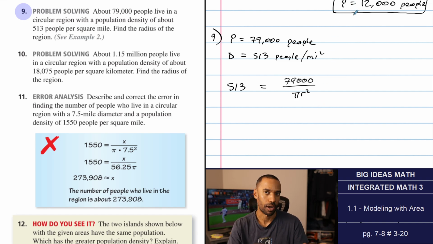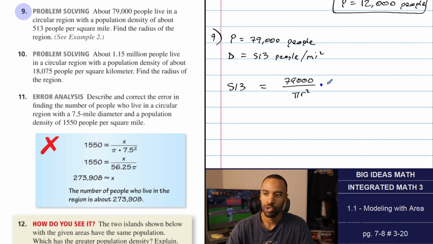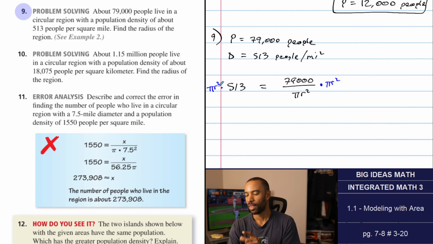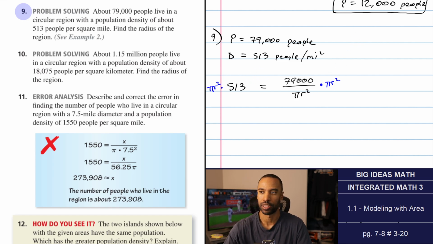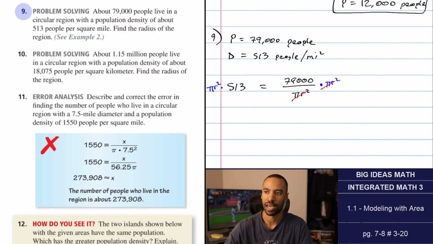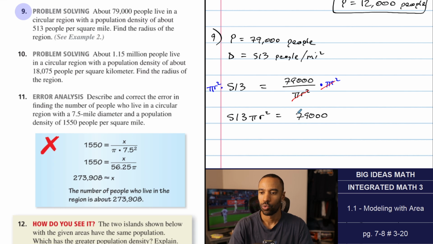And what I'm going to do is follow the means of the example. You multiply both sides by pi r squared. You don't technically need to multiply the pi, because your goal is to solve for r, and maybe next time I won't move the pi with this. But what this will do is bring this out of the denominator so we can start to solve for r itself. So now I have 513 pi r squared equals 79,000, and as you can tell, we need to get